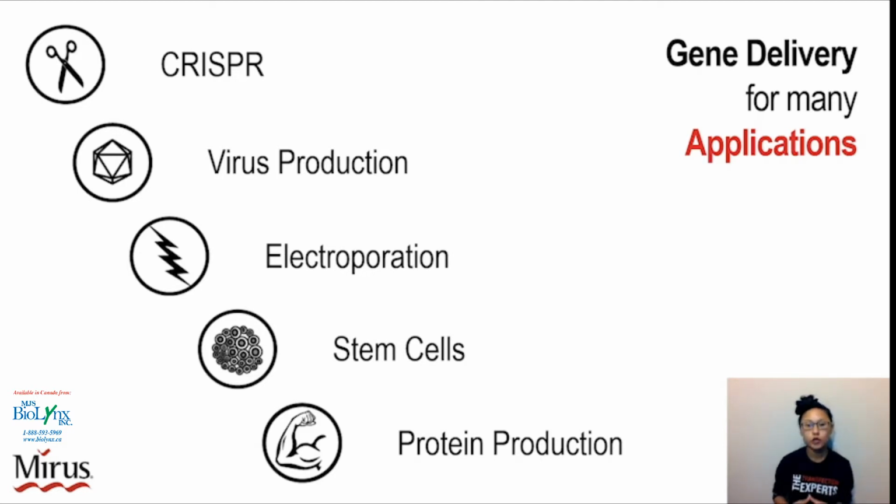You might want to transfect Cas9 to use CRISPR to modify genomes, or you might want to use your cells as factories to produce virus or protein for therapeutics, and you might want to overexpress genes or knock them down in order to understand cellular mechanisms. Your reasons might differ, but delivery of foreign nucleic acid, transfection, is a very powerful tool for both basic and